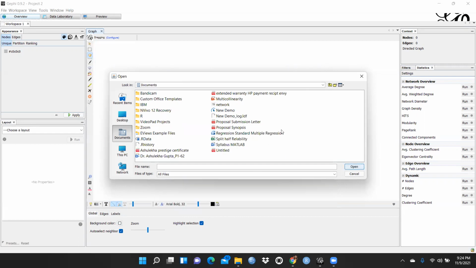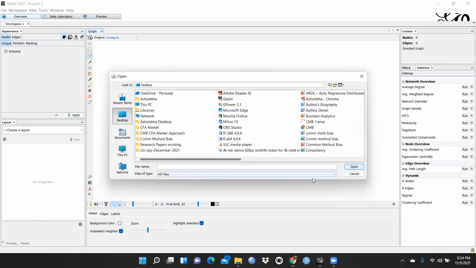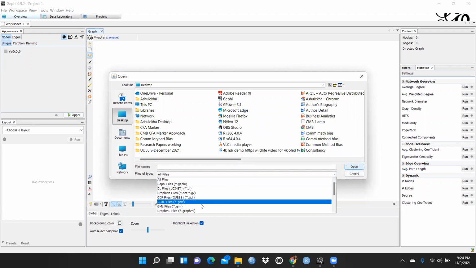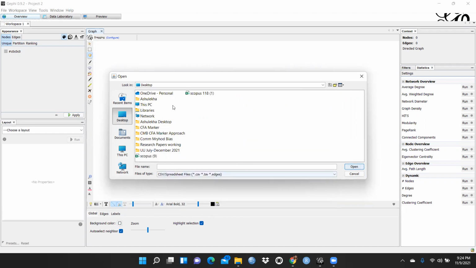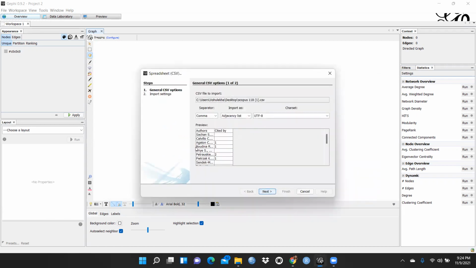So let me open one of my files on the desktop, and this is the CSV file. This file is from Scopus, because I had already downloaded data from the Scopus database. You can see there are two things, one column is authors, another one is cited by, right?